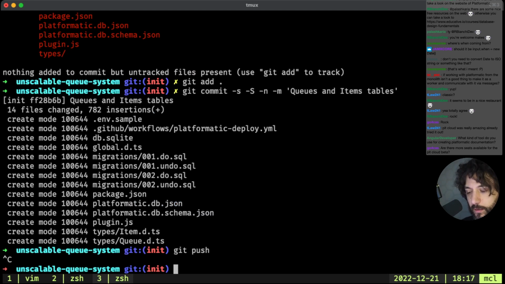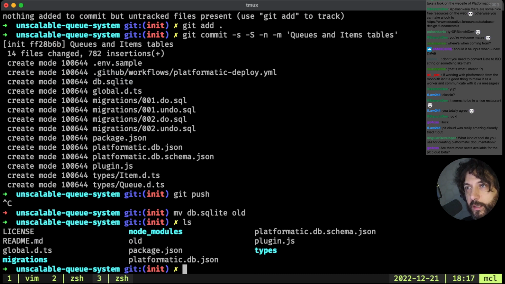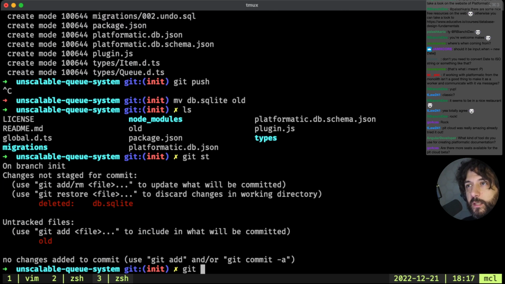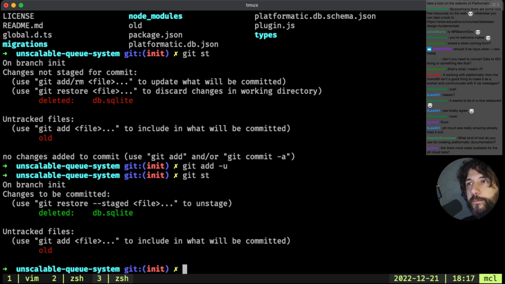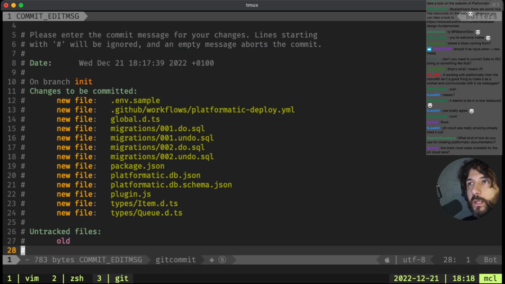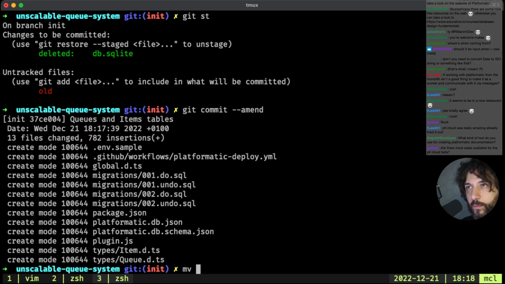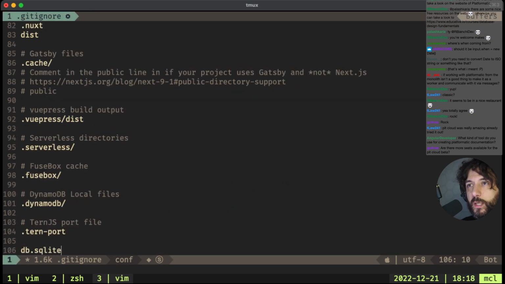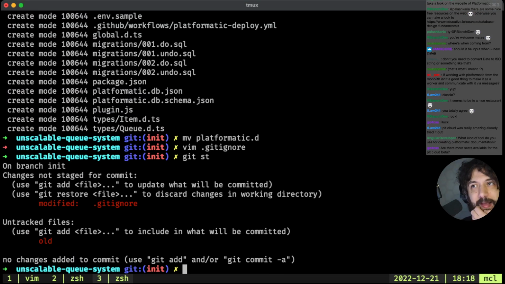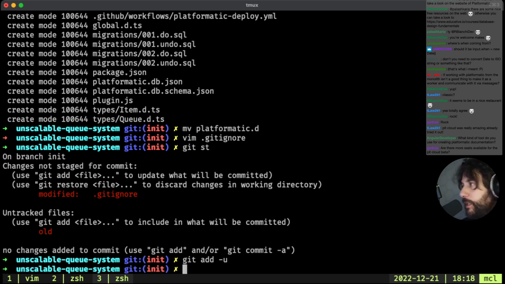So stop the database. Move db.sqlite to old, then git add -u, git commit --amend, and yay. Then move, vim .gitignore and add db.sqlite. Then git add -u, git commit, fixup.